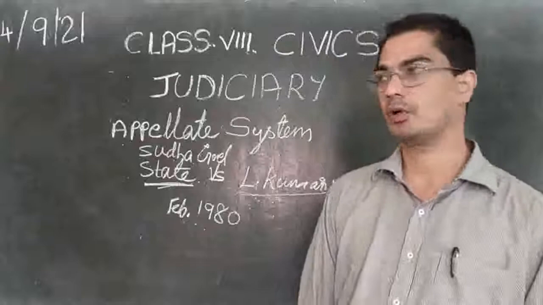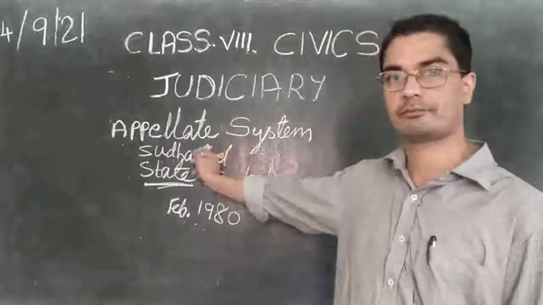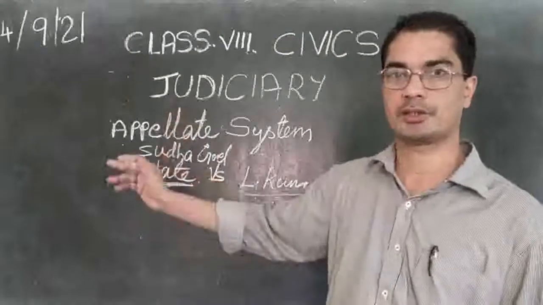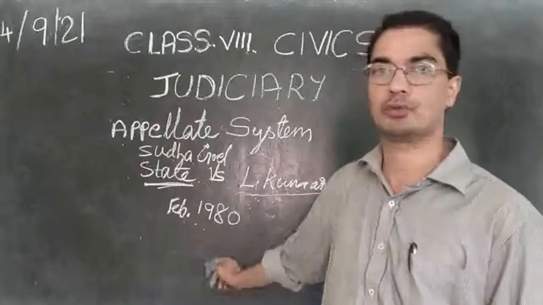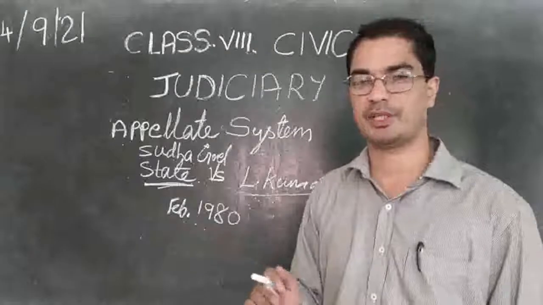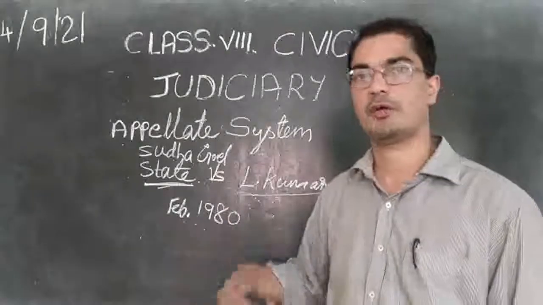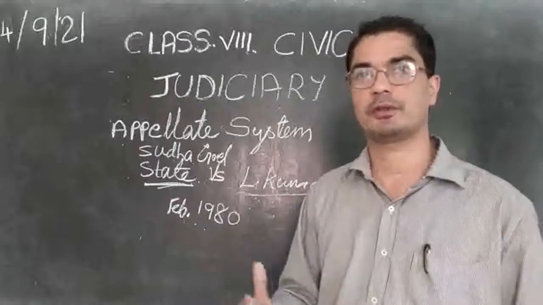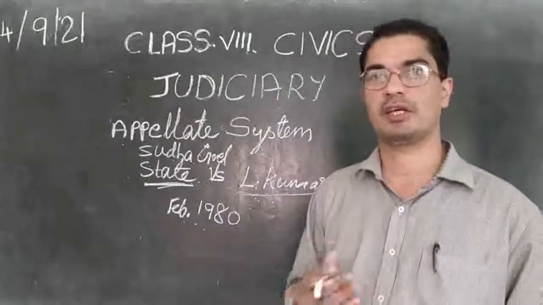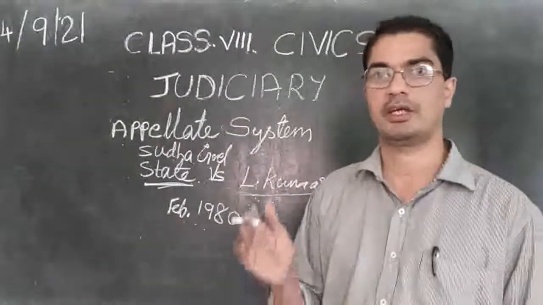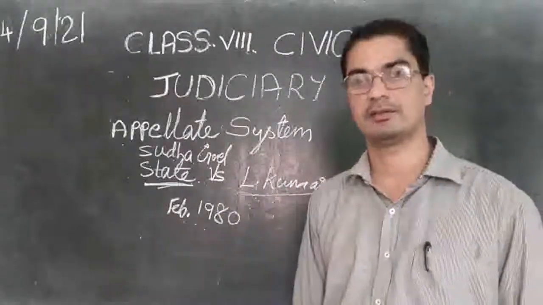So that is an example of the appellate system. Suppose they had not gone for appeal to High Court, then those 3 would have been put to death. They would have got capital punishment. But the accused party went to High Court and they got a favorable verdict, the court saying you can all go free, you have not done any mistake. The death was by mistake.